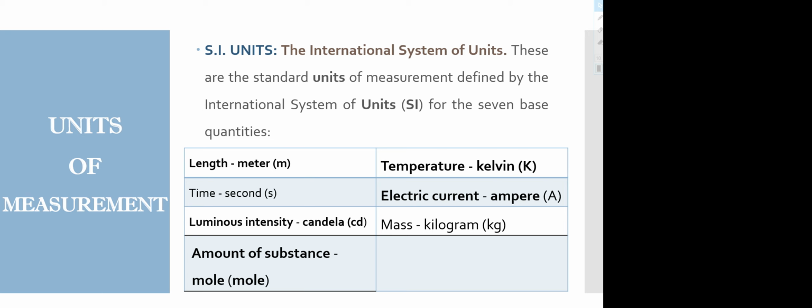For time it has to be second. For luminous intensity it has to be candela. For amount of substance it has to be mole. For temperature it has to be Kelvin. For electric current it has to be ampere, and for mass or weight it has to be kilogram. So this is the SI system which is accepted internationally, and everybody is using it.